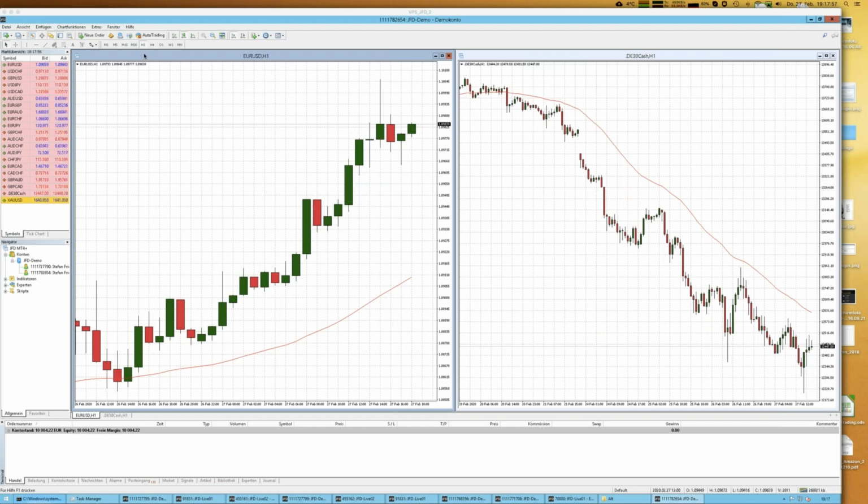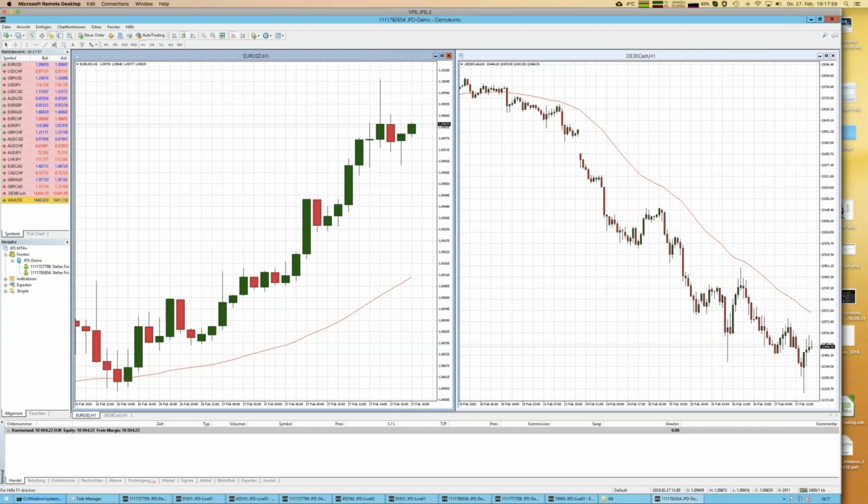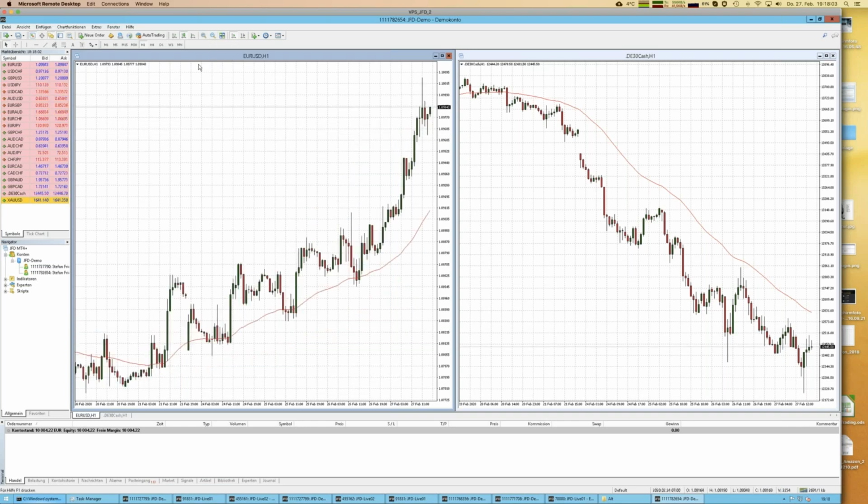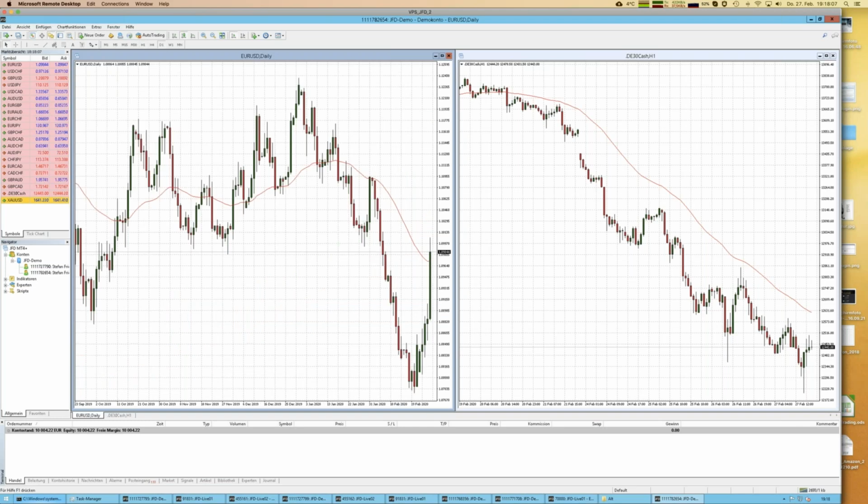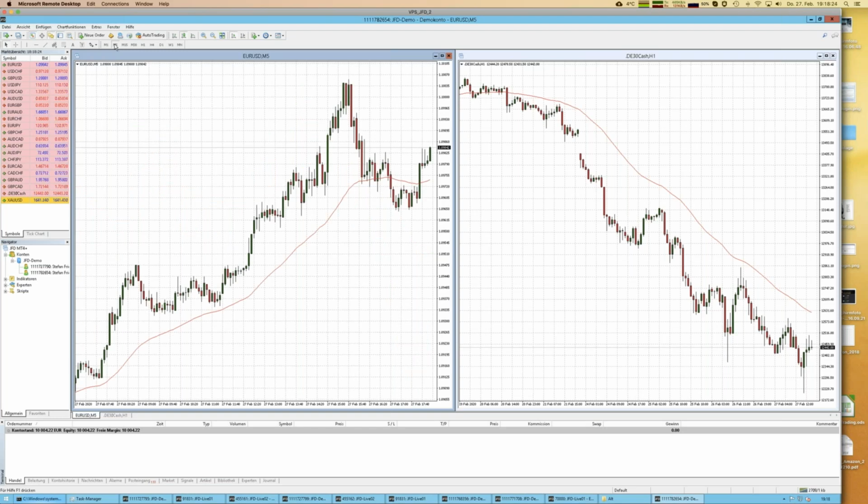What you can do is, for example, you can change the time frame. You can change, for example, to D1. D1 means daily one, so 1 day. One candle is 1 day. Different picture, just because changing the so-called time frame. Or you might go down the road, for example, M5, 5 minutes. Now any candle represents 5 minutes.